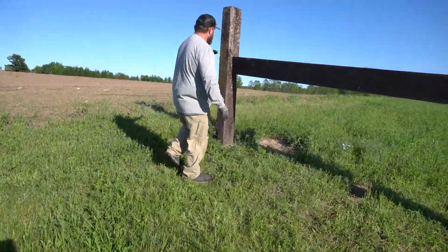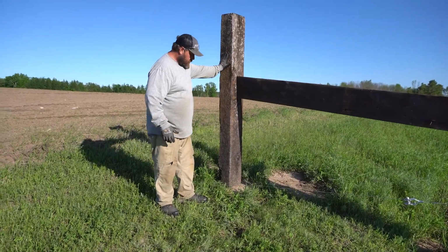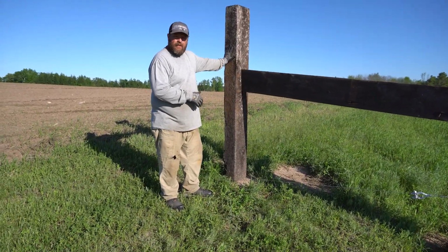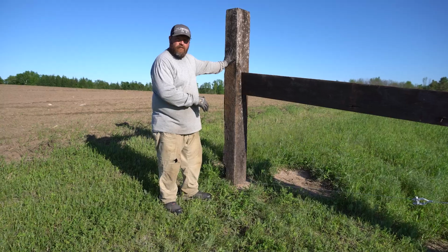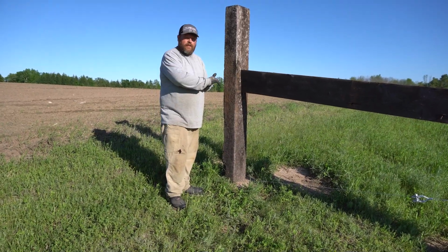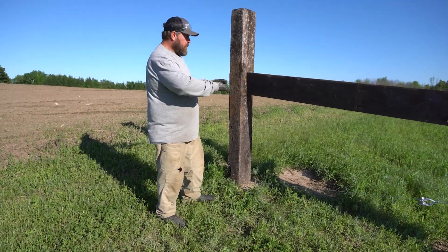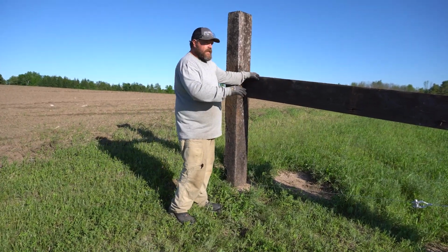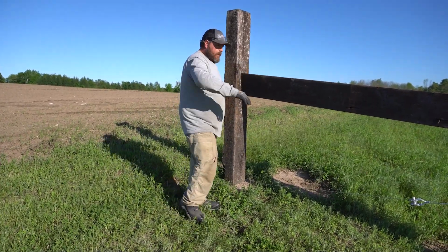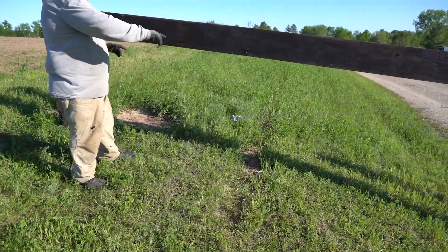So to start with, we always want a really good corner. You're best off getting this as deep as you possibly can. We had this one sunk in 4 feet. And that's going to lead us, just so happens that our gate is right here. So what we have in this high tensile setup is what they call an H brace. So we set this up to our gate post, and then we run a high tensile line from the corner